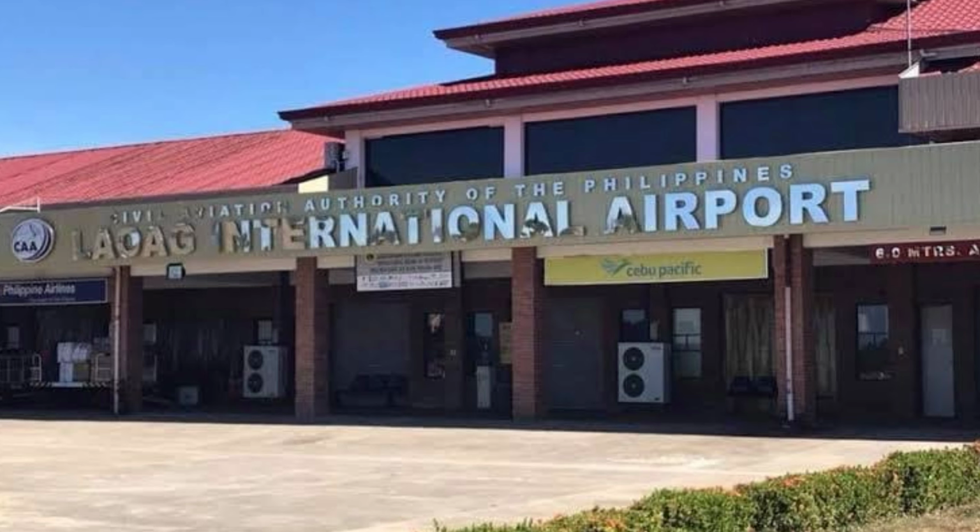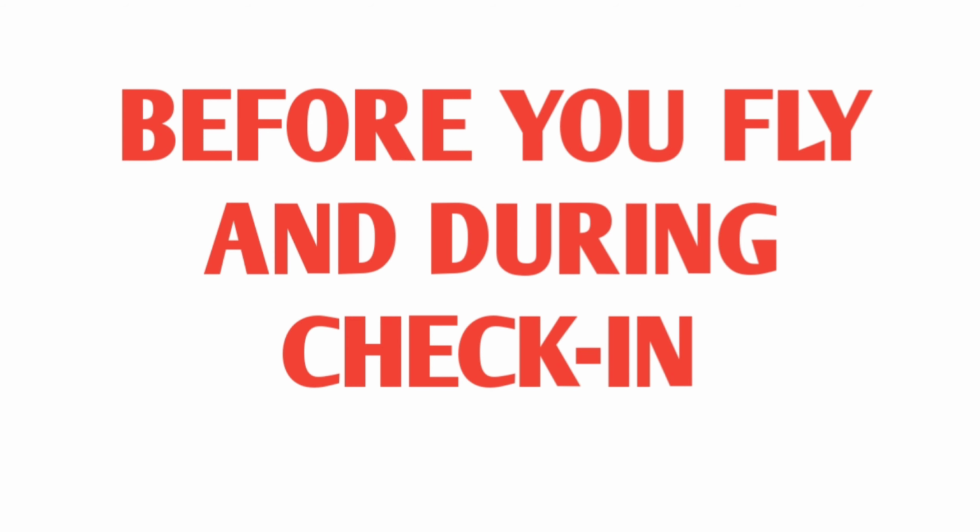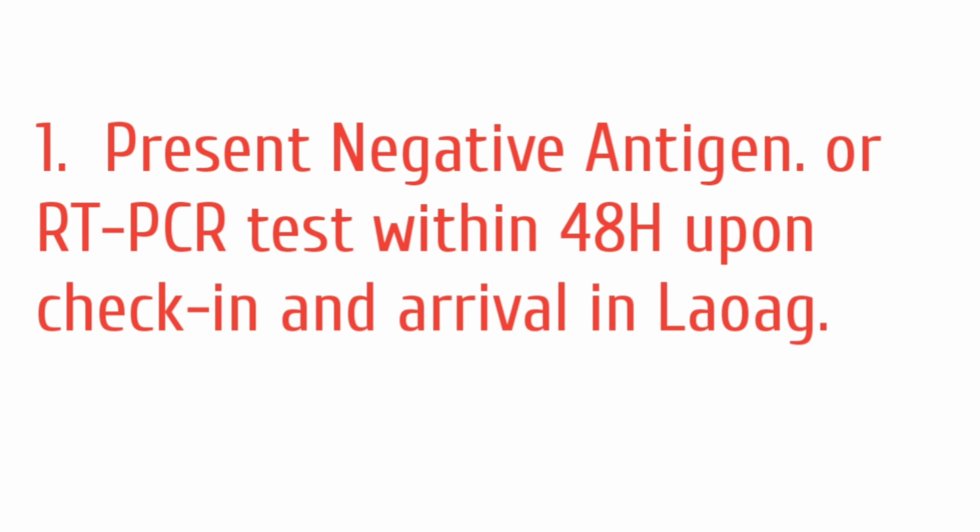And now, ito yung bago. Arrival guide in Laoag po tayo for OFW and non-OFW. So, before you fly and during check-in, ito po yung process nyo in compliance with the Provincial Government of Ilocos